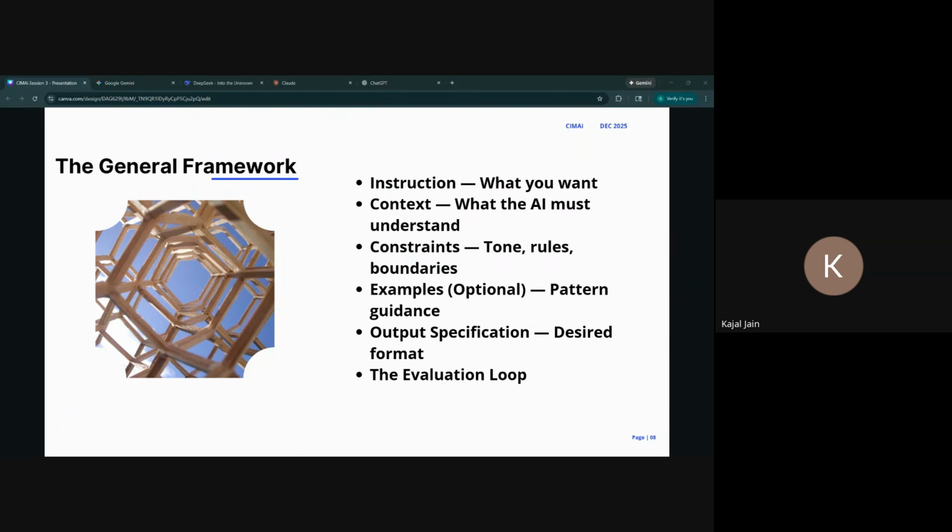And then we have the evaluation loop, which is, within your prompt, you can include if you want the LLM to rethink itself and argue with itself. This is really great when it comes to research, if you're building two GPTs that talk to each other. This structure in general is used across AI research labs.